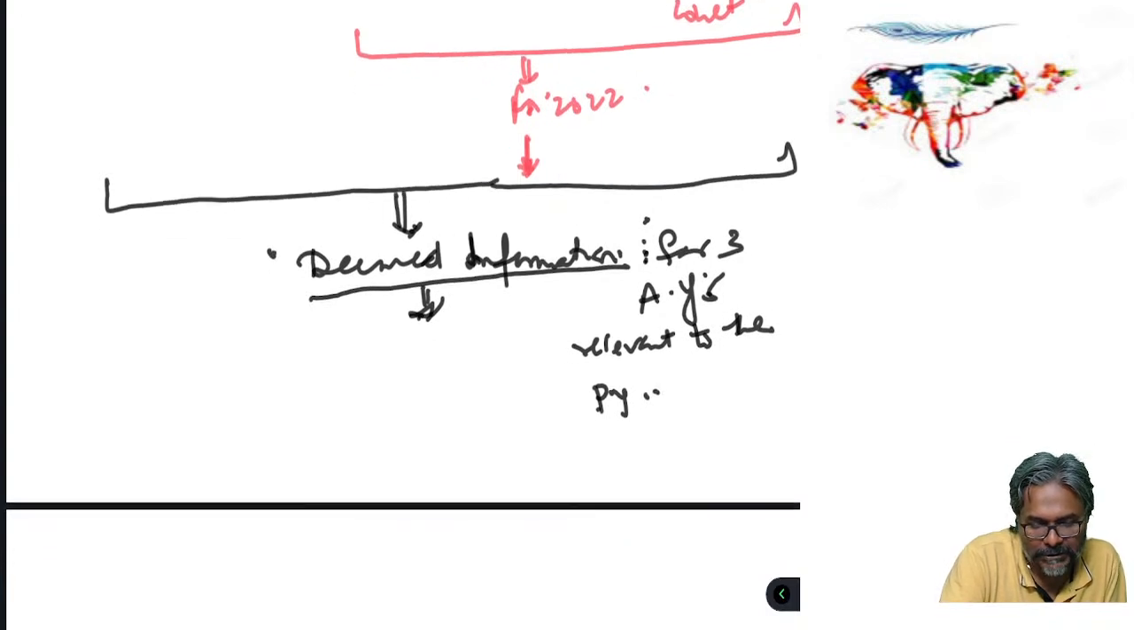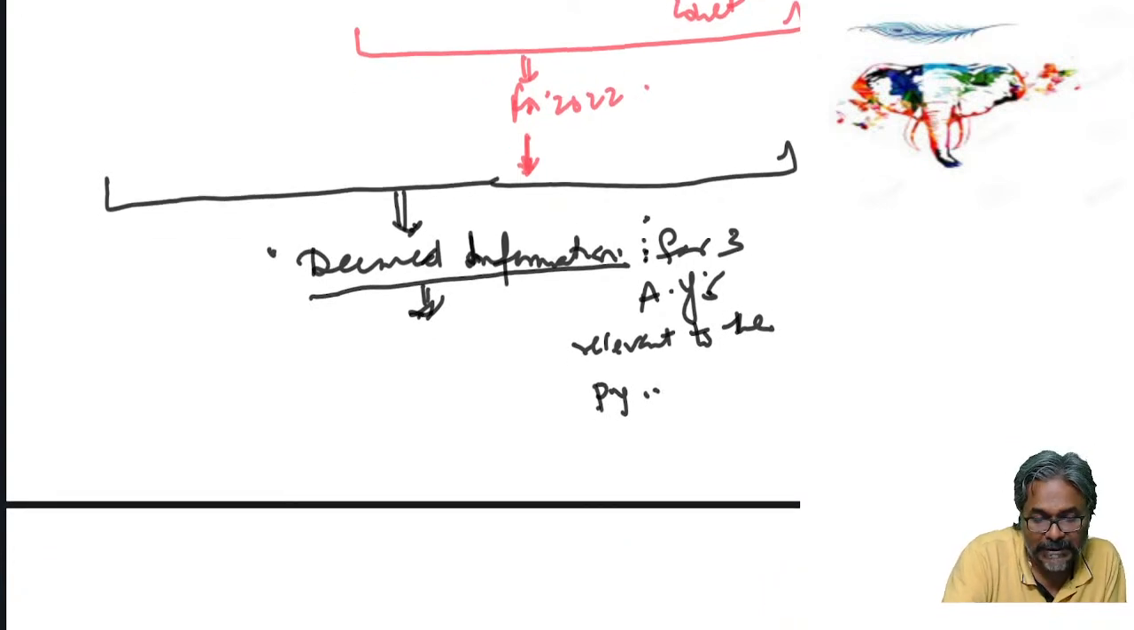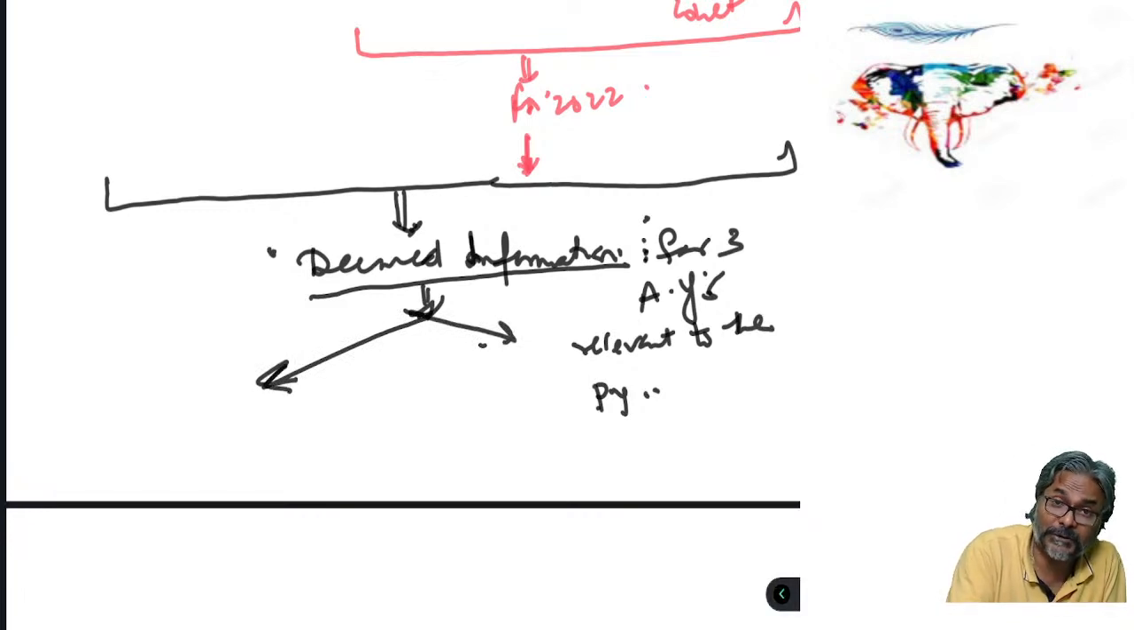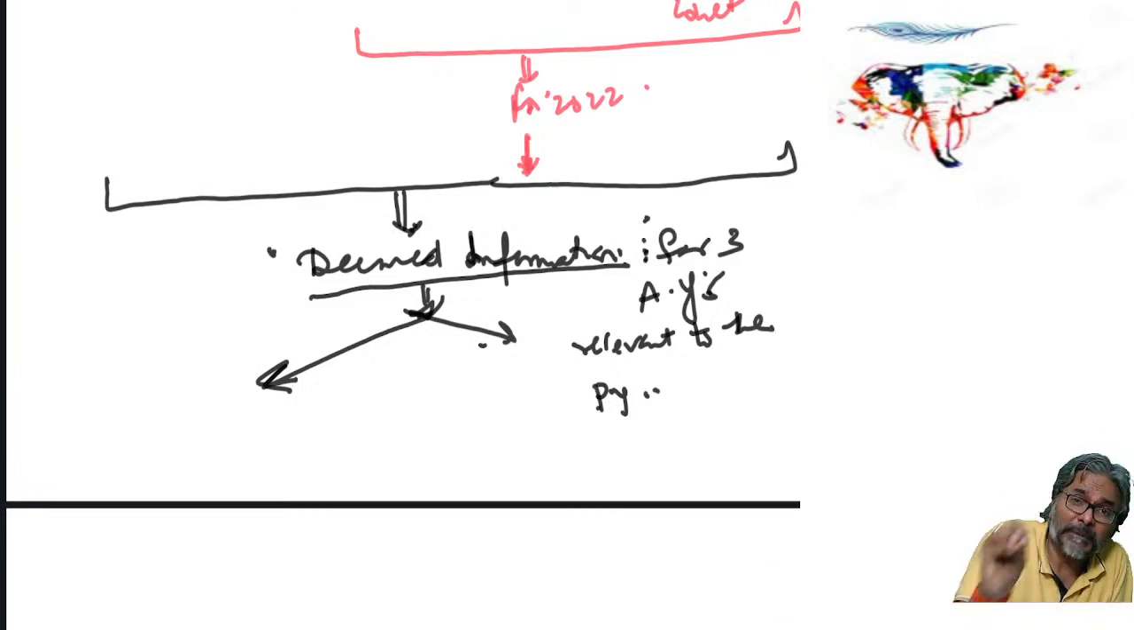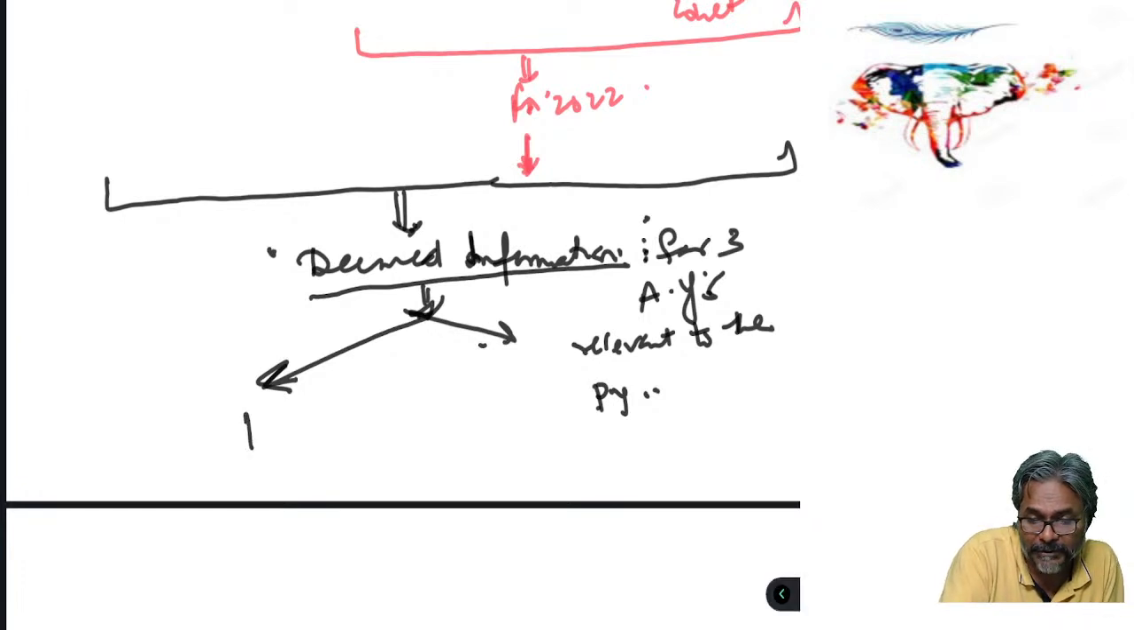Now, which is the previous year, students? So 3 years, students, this is a big thing that is going to take place. Deemed information for 3 years. Which are the cases wherein the deemed information will be there for 3 years, on the basis of which a minimum of 3 years can be opened up for the purpose of assessment or reassessment? That is 132, 132A,